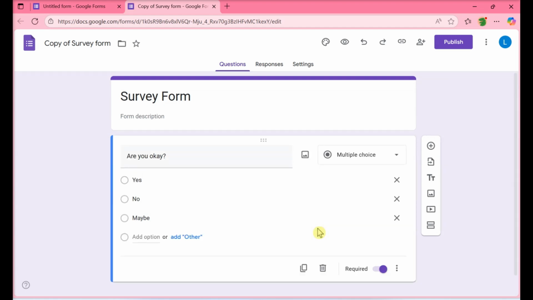You can also create multiple copies of the same form if you want, and you can also create a copy